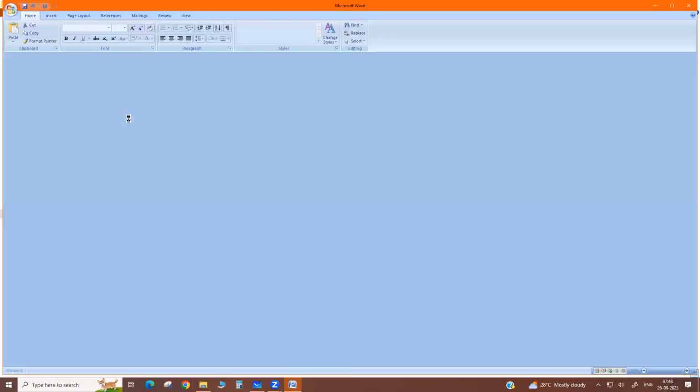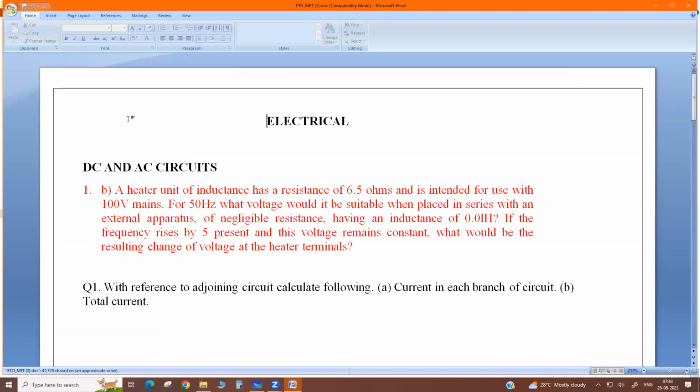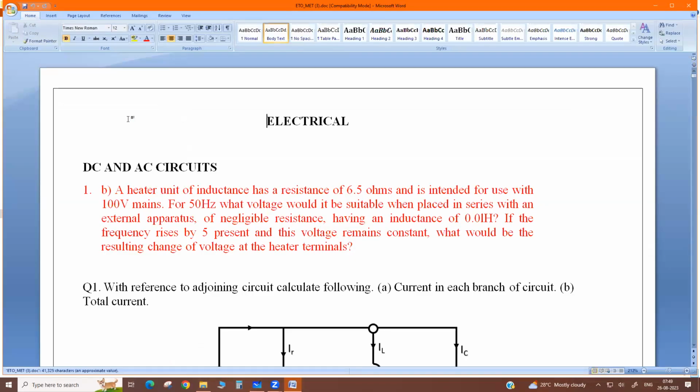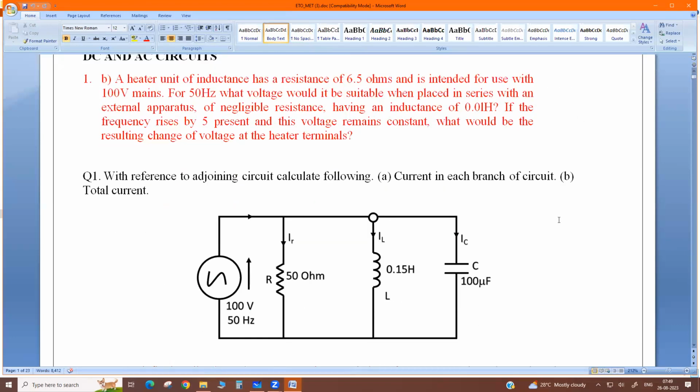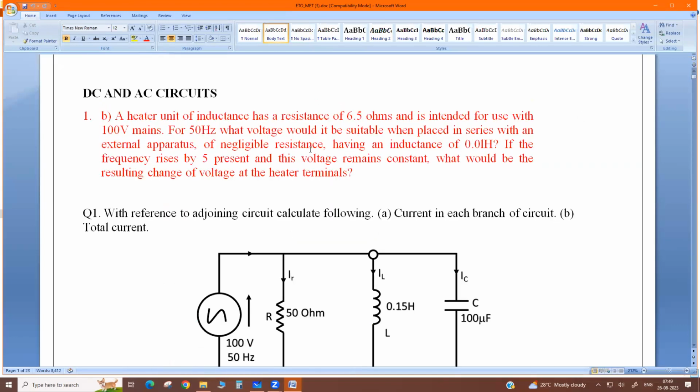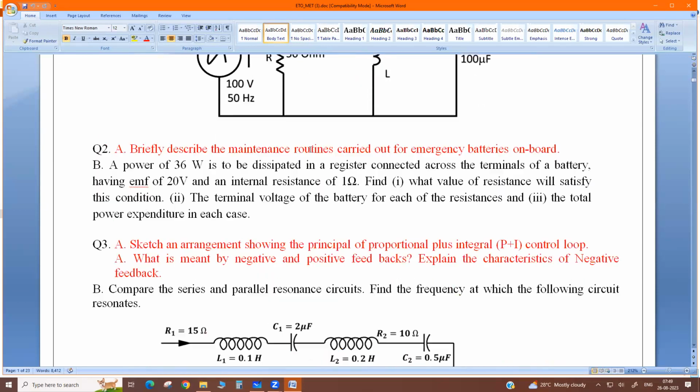I always try to just solve the numericals, not explain, but this numerical we also solve. Okay, not an issue, but I saw the